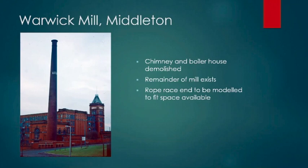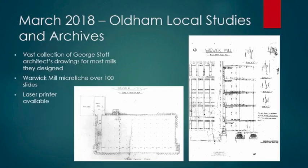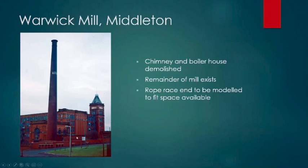Now, this photograph is taken before parts of the mill were demolished, because the chimney is no longer there, and neither is the boiler house. Hang on a sec. This building just here, this is the boiler house. So that's no longer there, and this is gone as well. But the rest of it was still there. So we went in there and we took some photographs, and